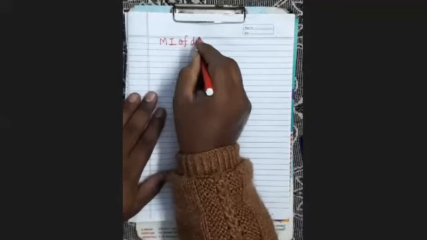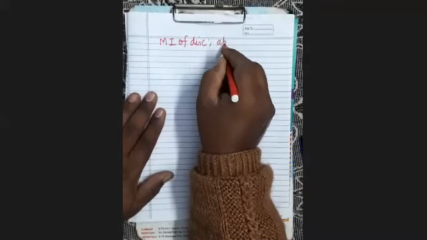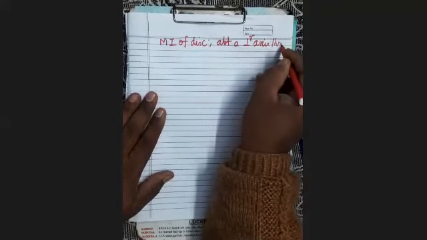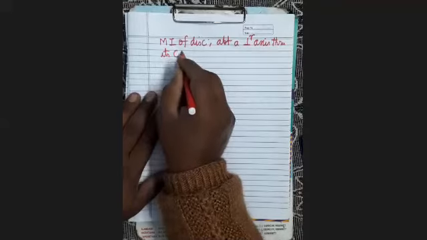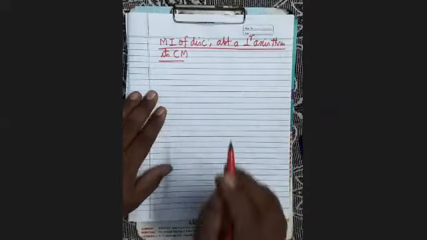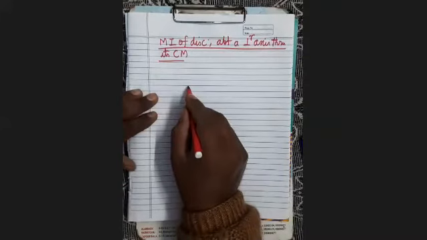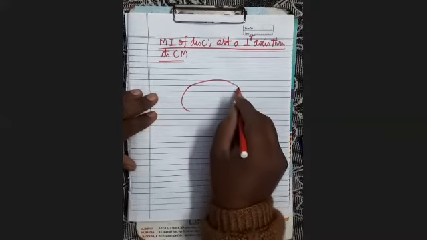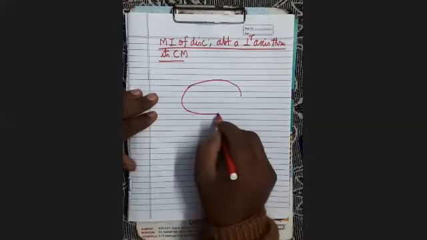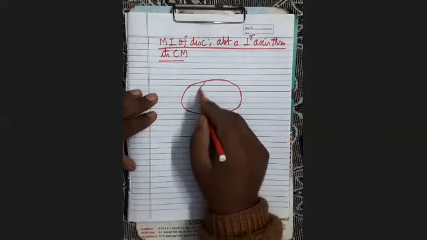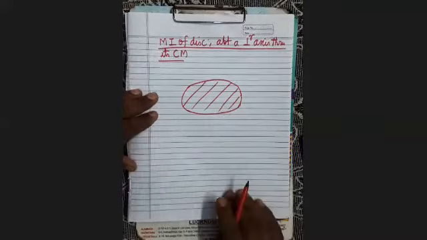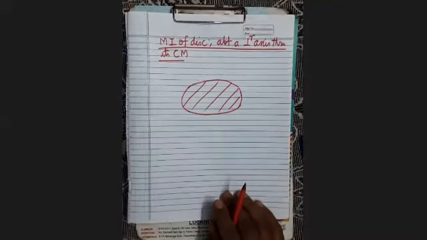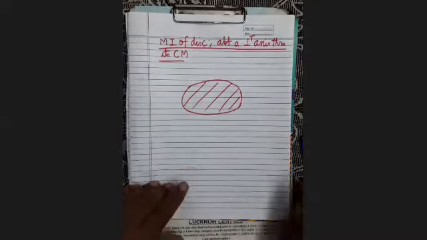Disc, about the perpendicular axis through its center of mass. So first you see here what is the disc. Disc is just like the ring. Shape will be in ring shape, but it is filled with material. Everywhere there is a material, while in the ring, material is only along the circumference. Here throughout there will be the material.